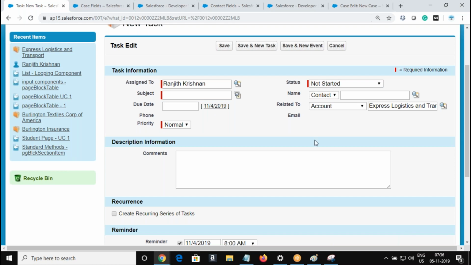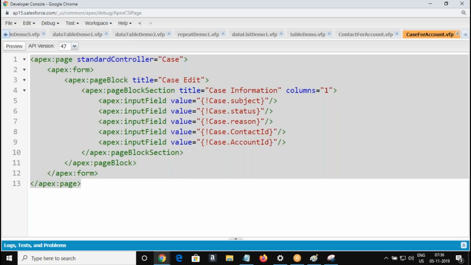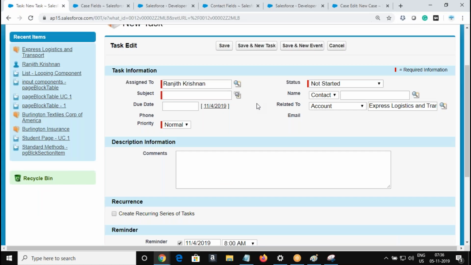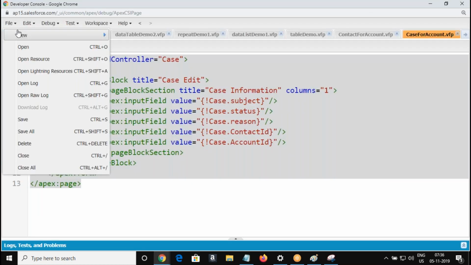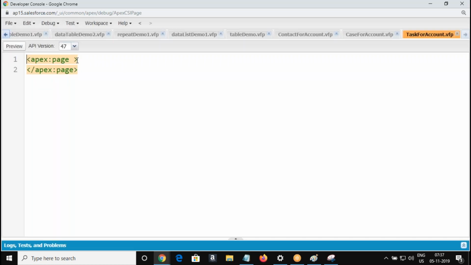Just to add one more example to understand the naming convention of how to refer the lookup field. That's an additional example to understand the naming convention. How to bring this in UI. So I'm going to create a standard controller page.